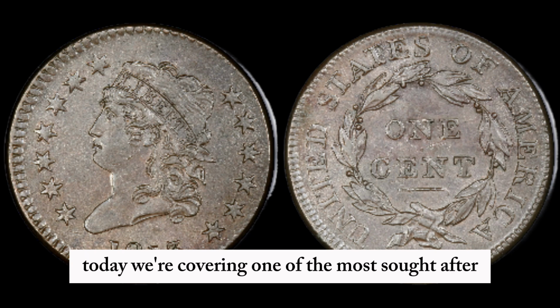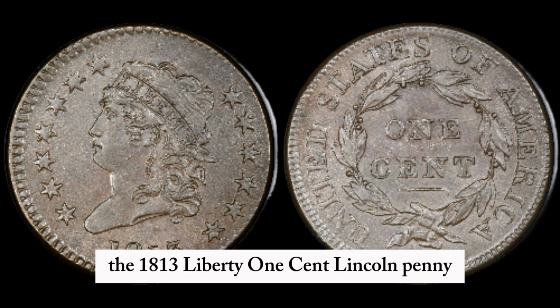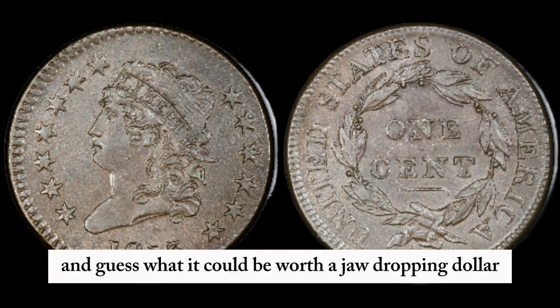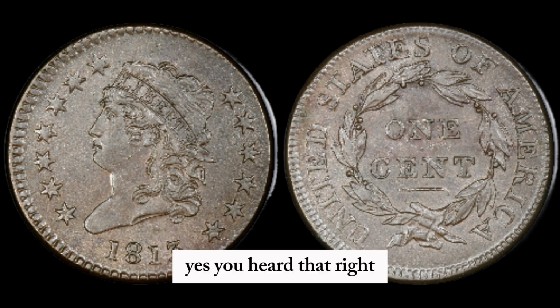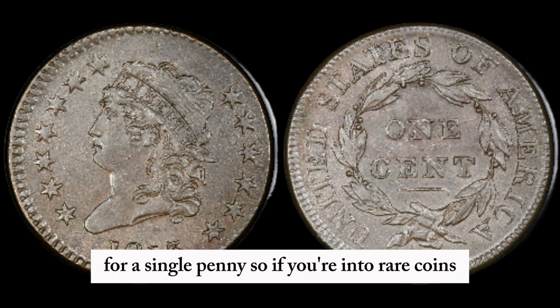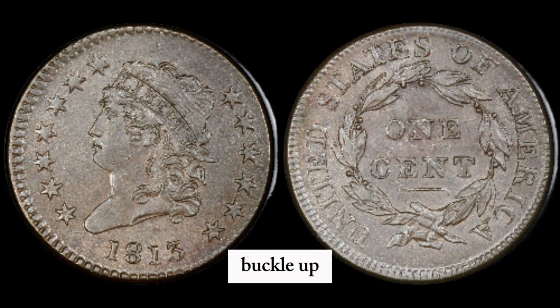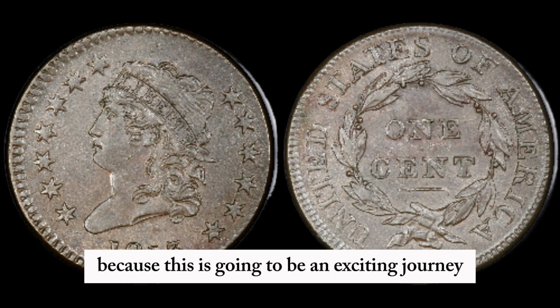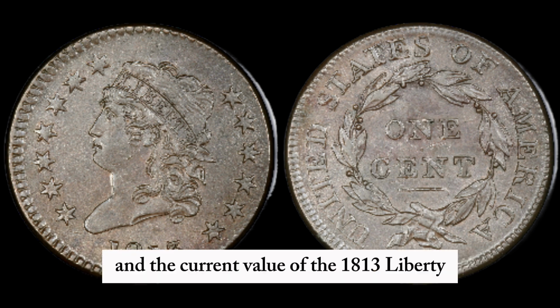Today, we're covering one of the most sought-after and highly valuable coins in history, the 1813 Liberty 1-cent Lincoln penny. And guess what? It could be worth a jaw-dropping $44 million in today's market. Yes, you heard that right. We're talking about millions of dollars for a single penny. So if you're into rare coins, or if you've ever wondered about the fascinating world of coin collecting, buckle up, because this is going to be an exciting journey into history, rarity, and the current value of the 1813 Liberty